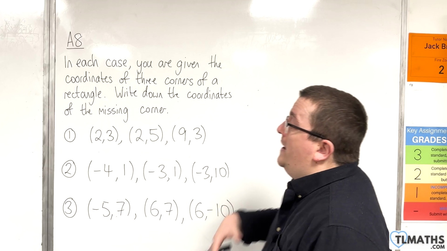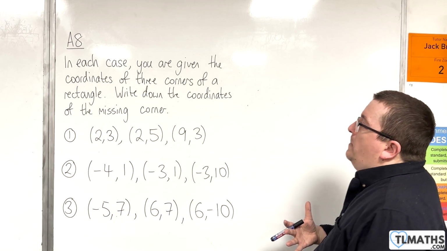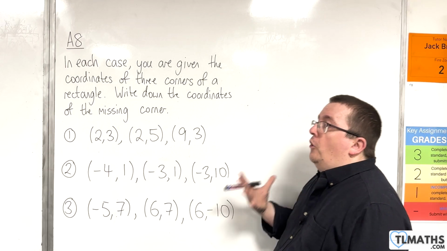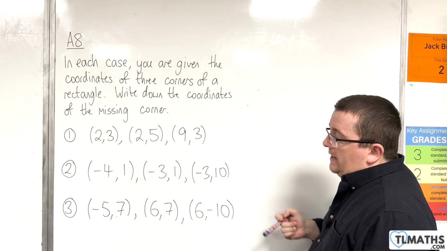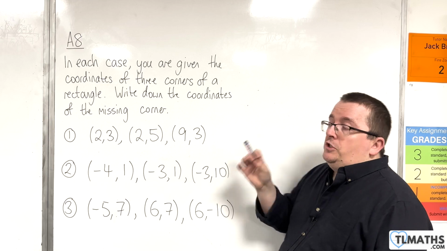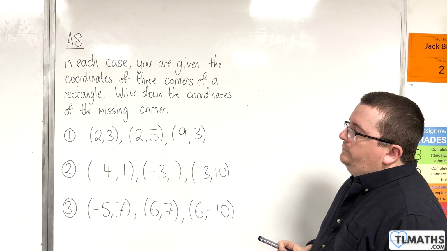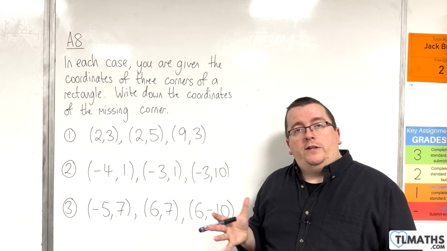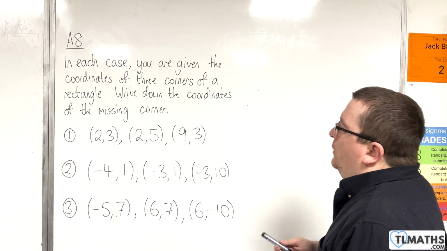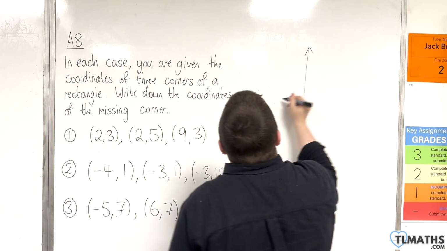So in this video, we have three scenarios where in each case, we've been given three corners of a rectangle and we're missing one in each of these three cases. Our job is to write down the coordinates of the missing corner. So probably the best idea would be to try and draw it, okay? So thinking about having a coordinate grid